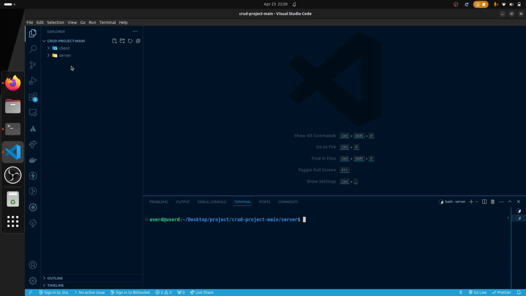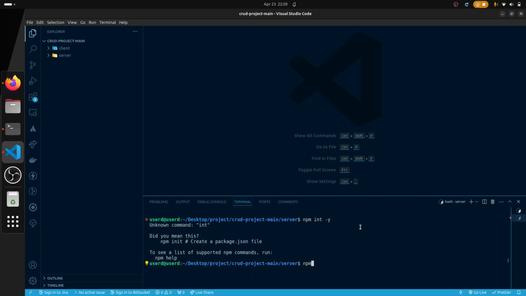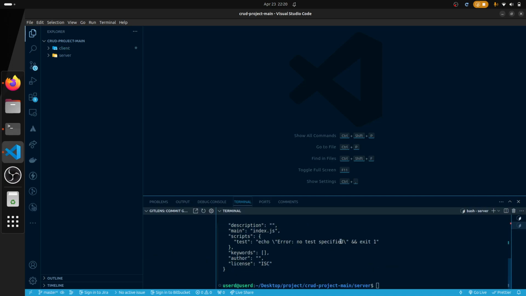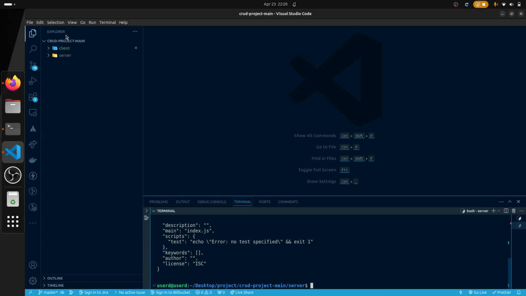and in here in server we need to run npm init -y. This will initialize our project with a Node environment. So in server, yeah, we have the package.json file,